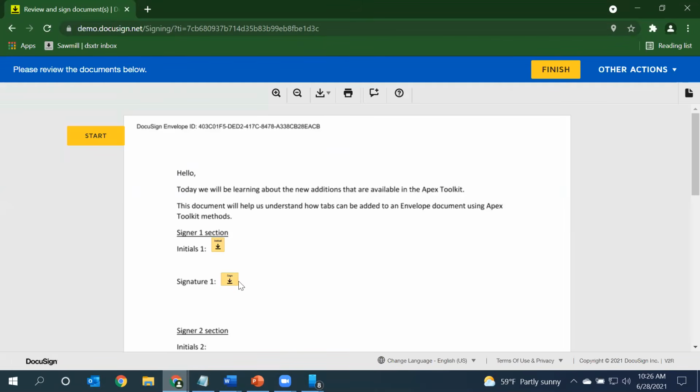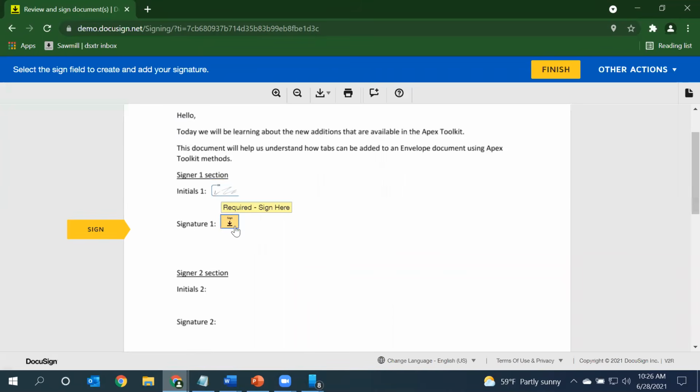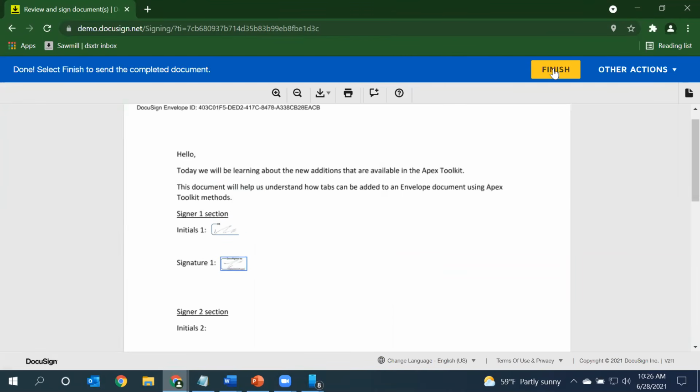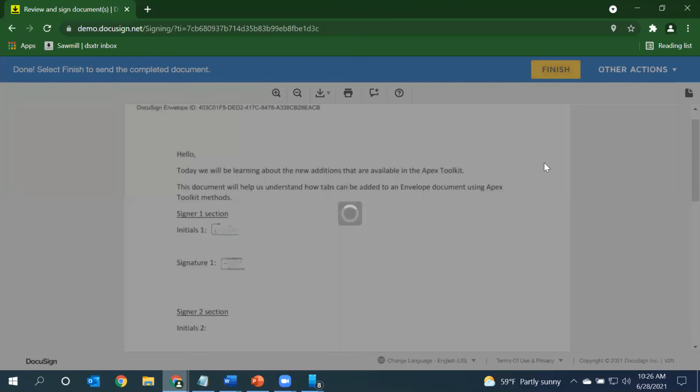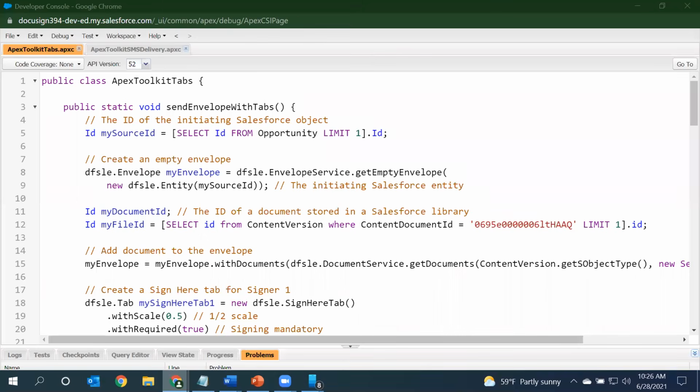Both the dynamic tags are automatically placed in the correct location with reference to their anchor strings. So I'm going to initial here and just finish this process for signer 1. Now once signer 1 completes this process, the envelope will flow to signer 2.